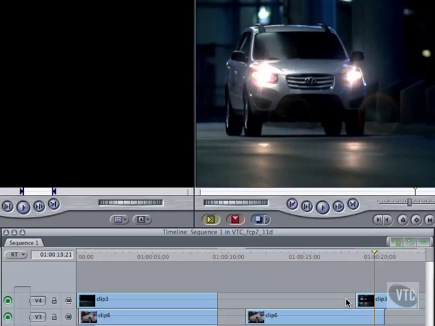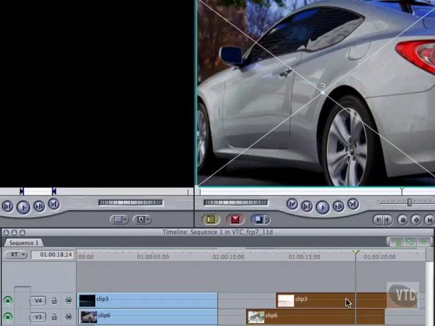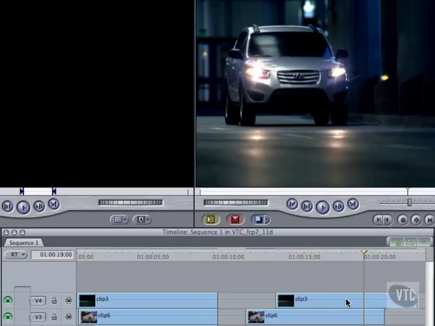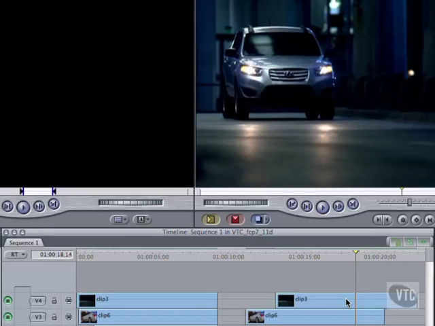It works much better when the car is full frame, but let's try doing that another way. Hit Command Z 4 times to get back to where we started. Make sure we still have the effect at the top of the clip, and make sure you're back on the second street lamp flash. Hit Command-Shift-A to deselect all clips, type -16, and hit return. Hit B for the blade tool, and cut. Hit A for the selection tool, select the first half, hit Command-C to copy, select the new section,